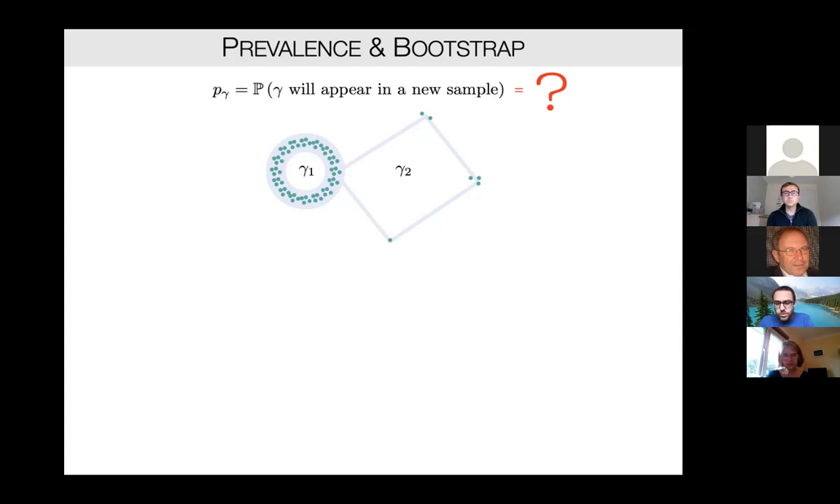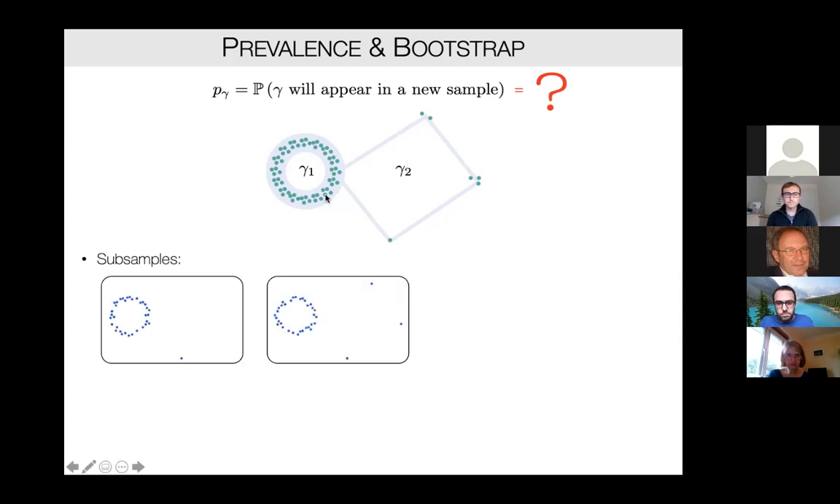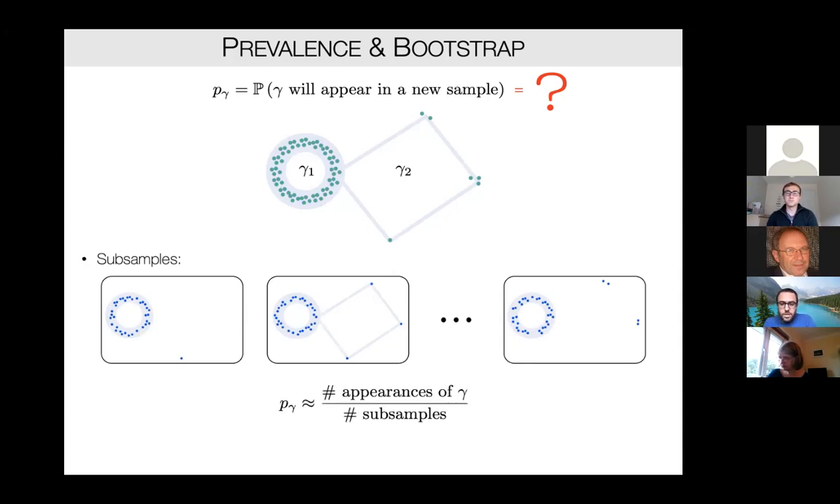What we're going to do is we're going to use the idea of subsampling. So we're going to take the same point cloud and just sample from it several times. Sometimes we're going to see this gamma 1 appearing. Sometimes we're going to see gamma 2 appearing. And the point is that since there are many points that create gamma 1, we're going to see it many times. And since there are very few points generating gamma 2, often it's not going to exist in our sample. And then what we're going to do is just empirically compute this ratio. How many times do we see gamma versus how many subsamples we have? And that gives us an estimate to this quantity, which we call P gamma,